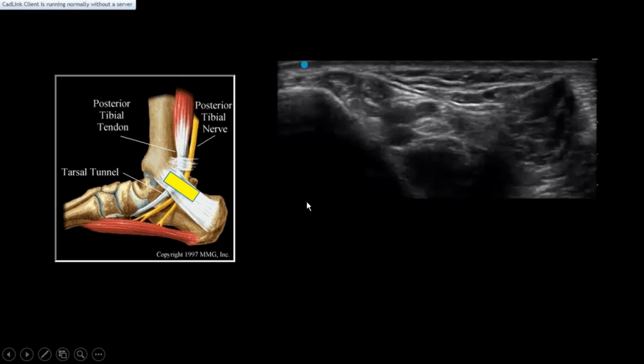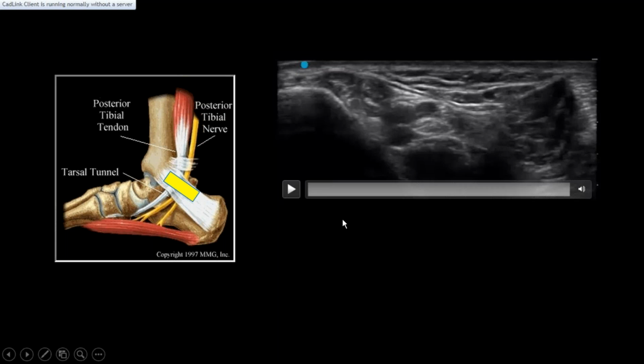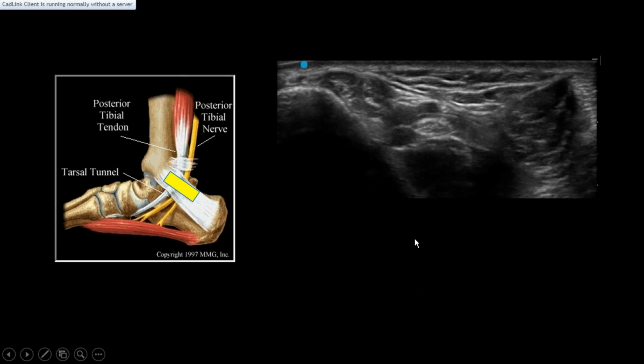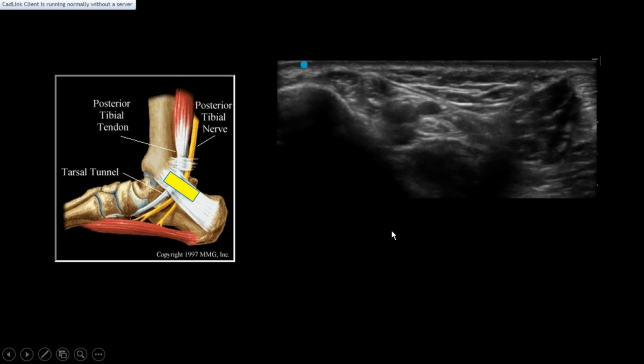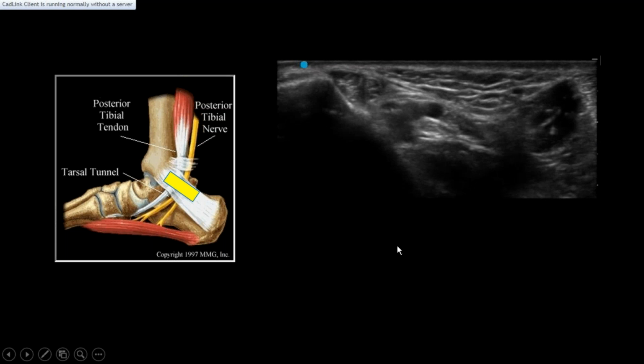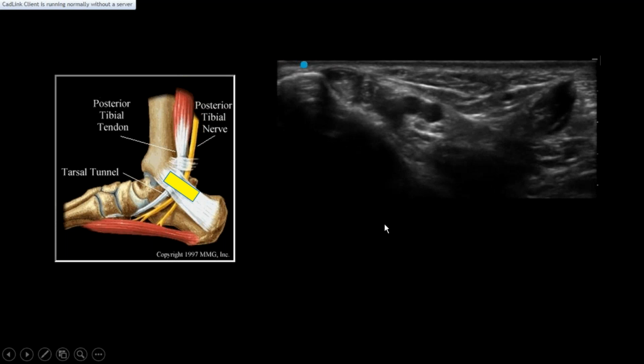Now let's look at the video clip of the tarsal tunnel. So I have my probe transversely across the tibial nerve in the tarsal tunnel, and that's the nerve. These are the blood vessels, tibialis posterior, flexor digitorum longus, and I'm moving proximal to distal, and then distal to proximal to localize the